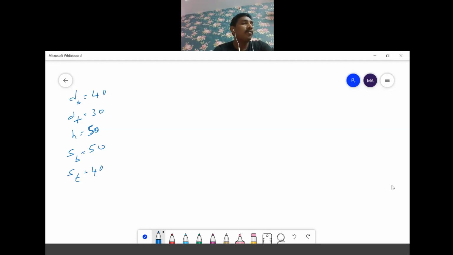Draw the isometric view of the arrangement and 60 mm long axis. He has given height as 60 mm. I am just repeating the question: a frustum of a cone of bottom diameter 40 mm, top diameter 30 mm and 50 mm long is placed centrally over a frustum of a square pyramid of bottom side 50 mm, top side 40 mm and 60 mm long axis. Draw the isometric view of the arrangement.